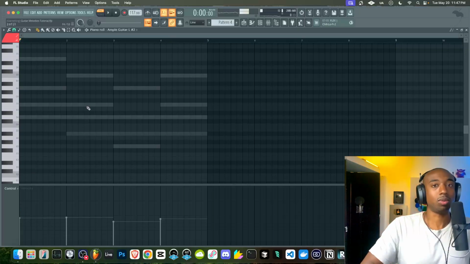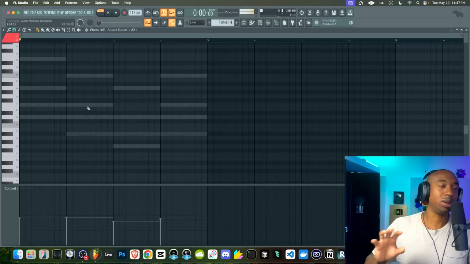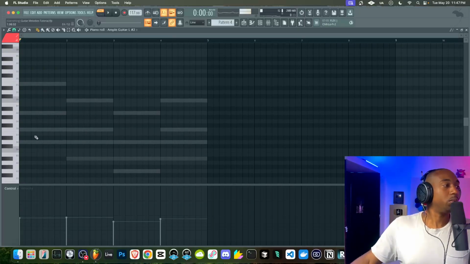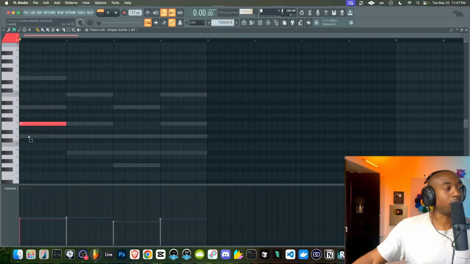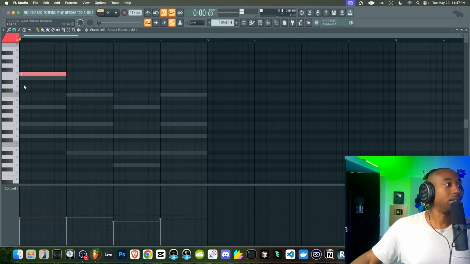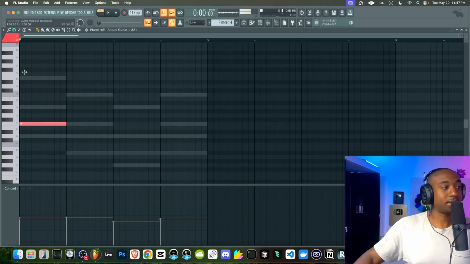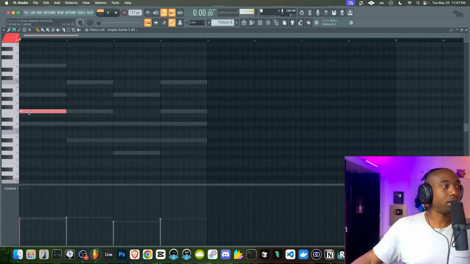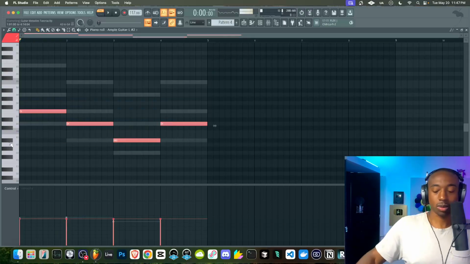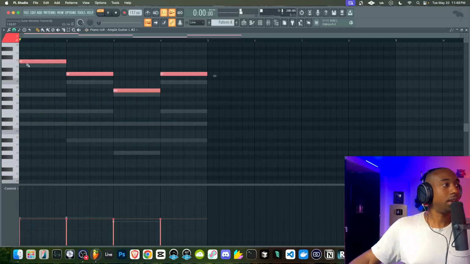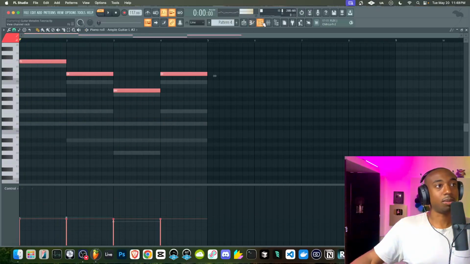tenth as opposed to the raised third. It sounds way more complicated than what it is. So when you get into deeper music theory, you'll learn where these scale degrees come from. I don't have time to explain everything. But basically what we're going to do is just raise the third of each chord. So this middle note here, we're going to add that to each melodic note here. And we're just going to pull these up an octave. And this becomes our melodic note.